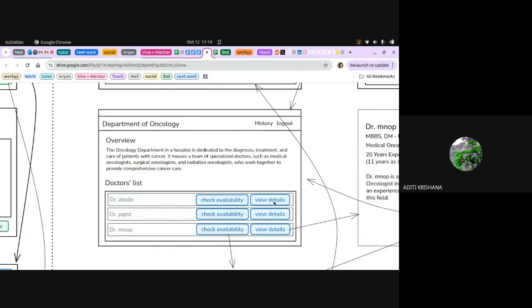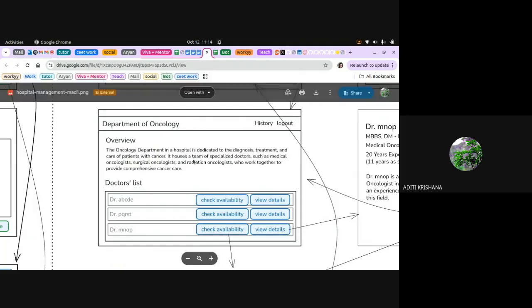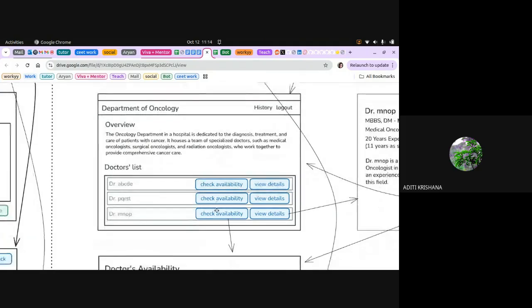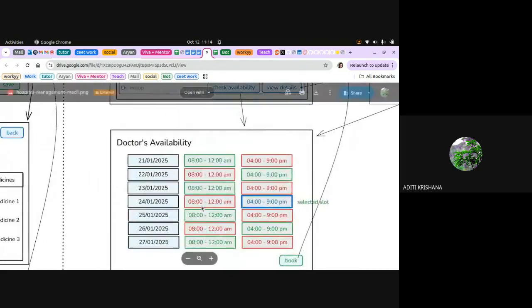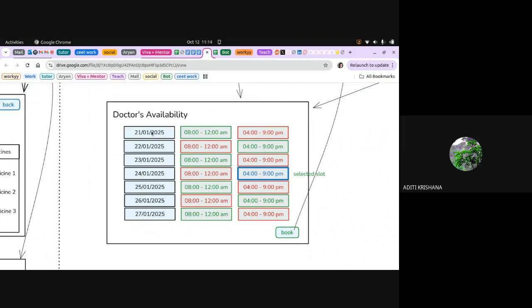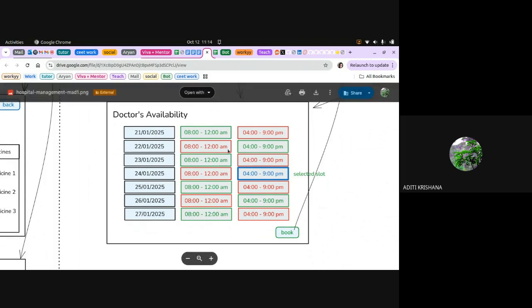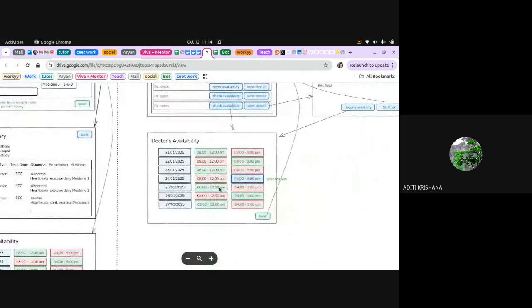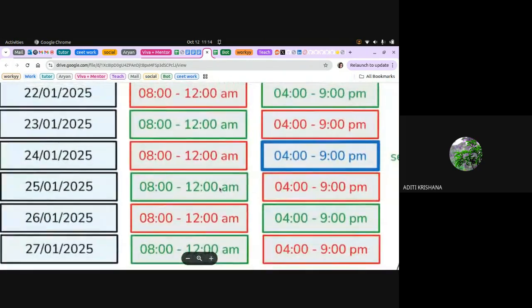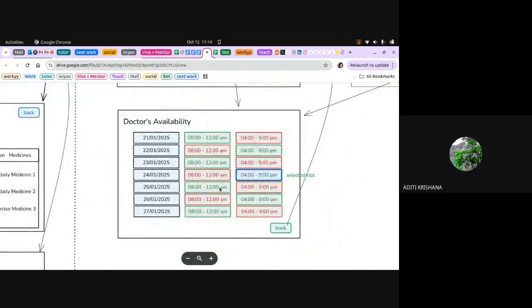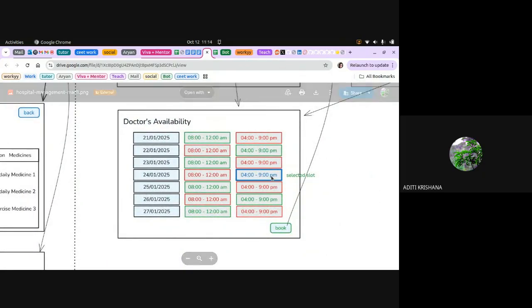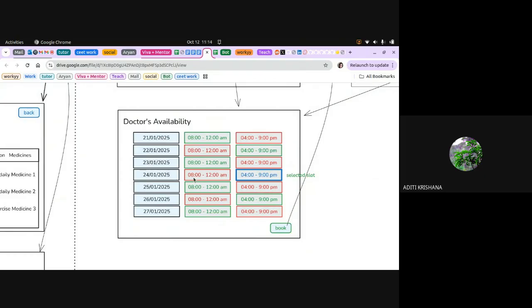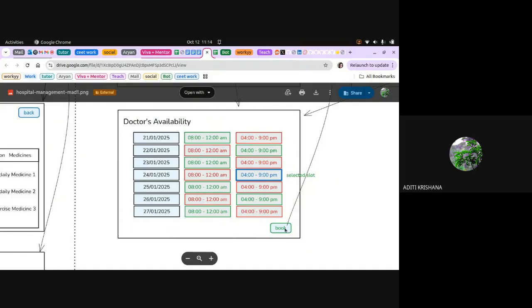What will happen after that is, when the patient clicks on the check availability button, he will be booking the appointment. He has checked that on this date these are the available dates, so he will give his preferred date and time, select that and book it.